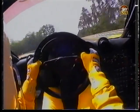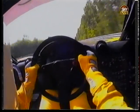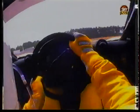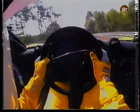Accelerate hard up to 3rd, 4th, 5th, past the 2 cars, up into 6th gear, and we've got another period of time where we're just waiting, looking for the signboards to the second chicane. This one you could brake about 10 metres later as you're arriving slightly slower than you were into the first chicane. This time it's definitely 3rd gear. Gently with the gearbox. Pull the car in. Not too difficult to corner, except accelerating out. The rear end of the car wants to get away from you, so you have to make sure it doesn't wheel spin too much. Up into 4th, up into 5th,